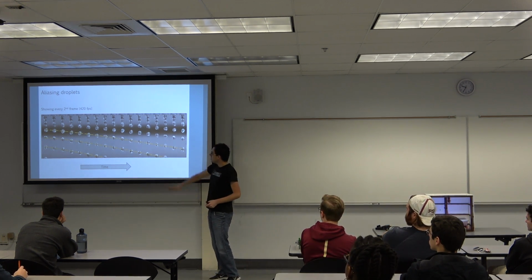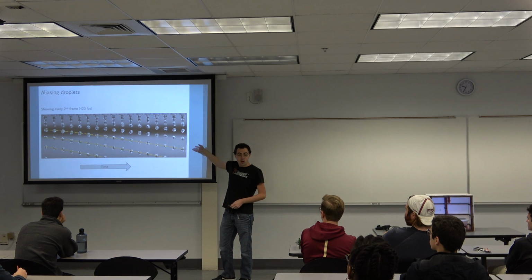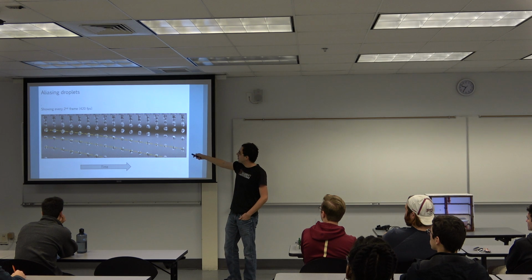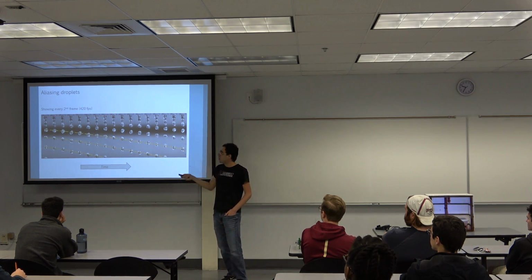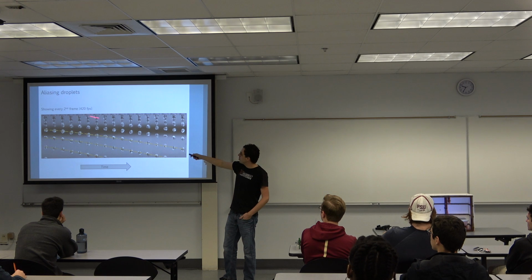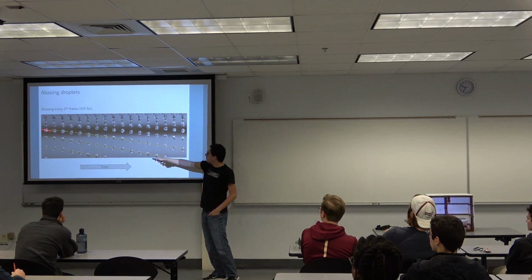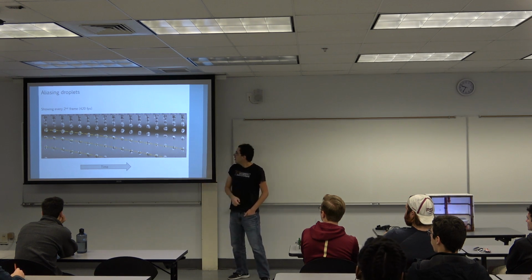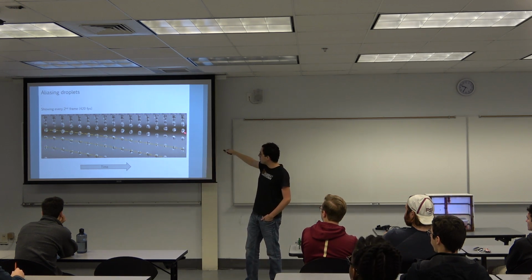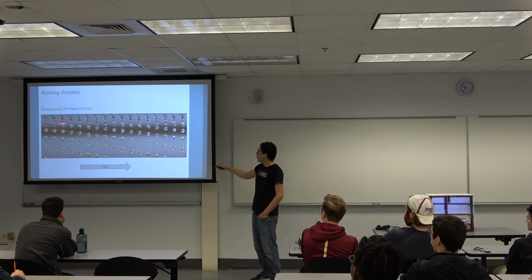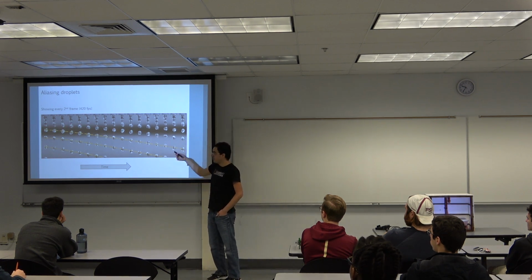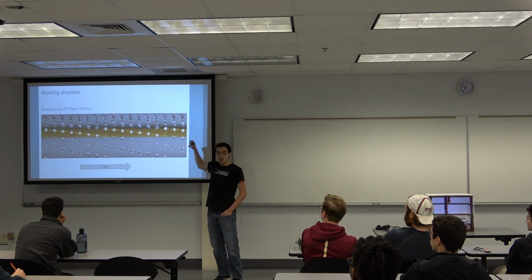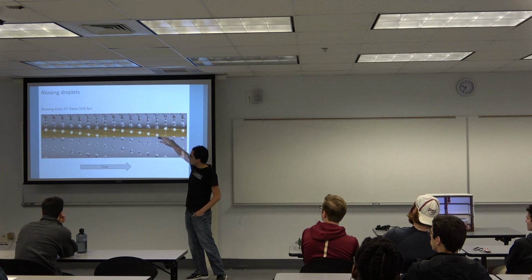So every strip here is a frame, and I'm showing every second frame of the video, of the camera. It was sampled at 840 frames per second. Now I'm showing at 420. And the yellow dotted dashed lines show the true trajectory of the droplets. As you can see, if you follow the droplet, the sequence would show the true trajectory of the droplet. If we focus on only a single droplet or a strip between two droplets, we can draw